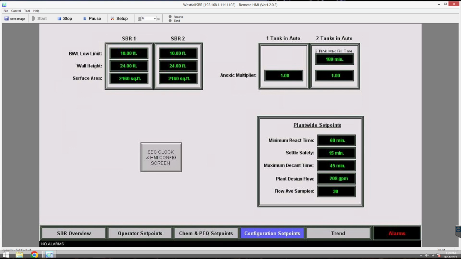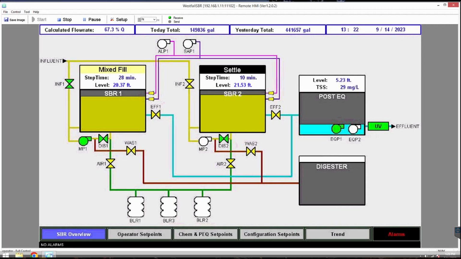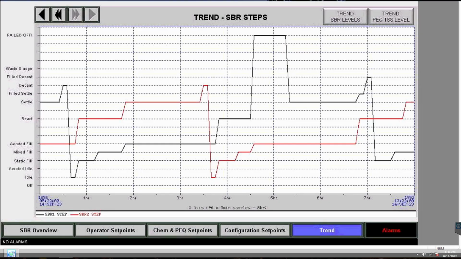Yep, and I understand all that. Yep. Compares that to the design flow rate and comes up with the percent of design. And based on that, it will use that percent of design to affect the anoxic time, the aeration time. It will continuously adjust those things and also look at hydraulic considerations to determine when it needs to take a